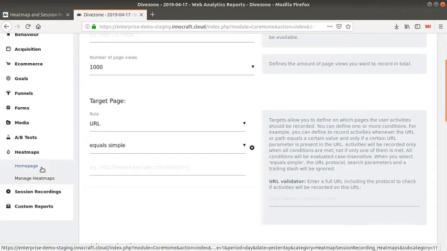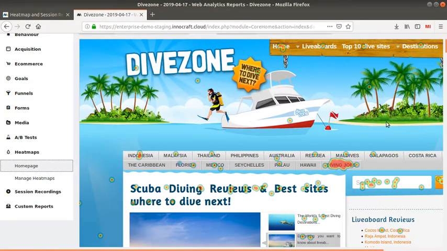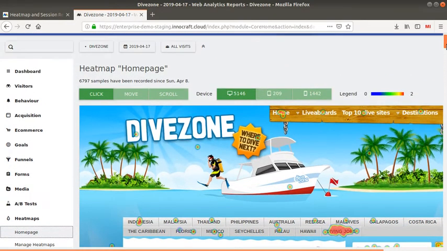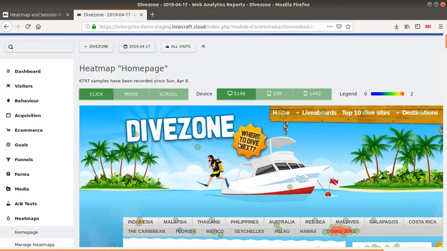Okay, so the heat maps is very powerful because straight away you get your data and you can already see how people are interacting with your given page, and it's going to slice it according to the different devices that people are going to use. Note as well that you have the possibility to use the segments over here in order to just analyze one population of your users.